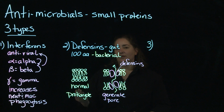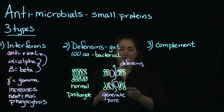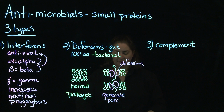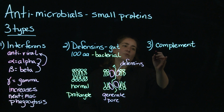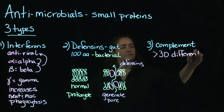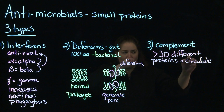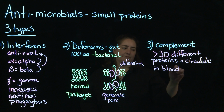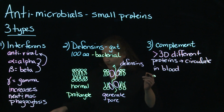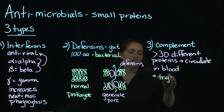The third small protein or antimicrobial that we're going to talk about is going to be complement, all right? And you may have noticed there's another video after this on complement because I've got a little more detail that I want you to know about complement, all right? But in terms of that complement, we're talking more than 30 different proteins that are circulating in the bloodstream, all right? And in terms of that complement, all right, it's going to be triggered by a couple different pathways, but the one I'm primarily going to focus on is it's going to be triggered